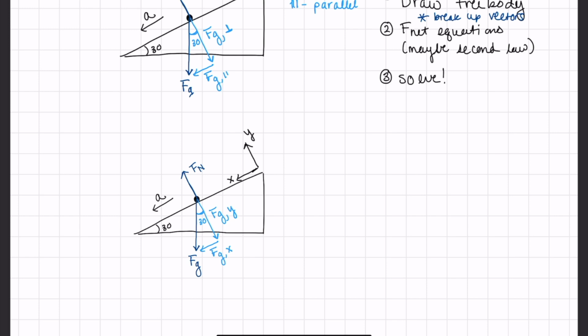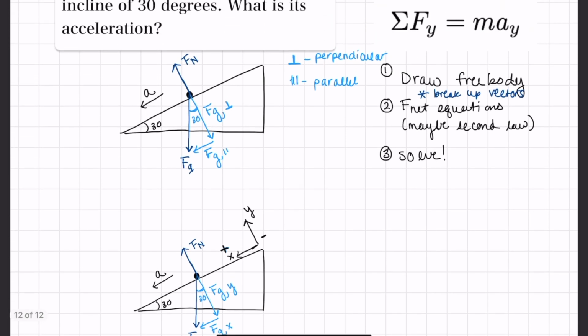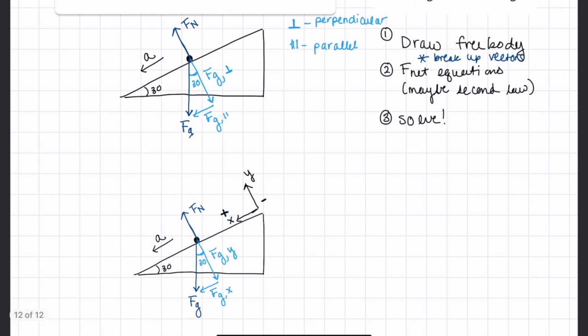But now we have kind of this weird situation where it's really up to our discretion what we want to choose. So by writing the axes this way, we're saying that down the ramp is going to be the positive direction, which means up the ramp would be negative. So I'm just going to put a little positive and negative there, and that is typically the convention. So most problems you'll see, they'll call down the ramp the positive direction. Okay, so once we have that,